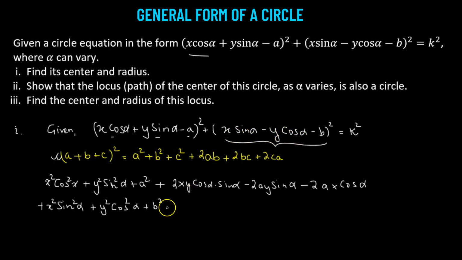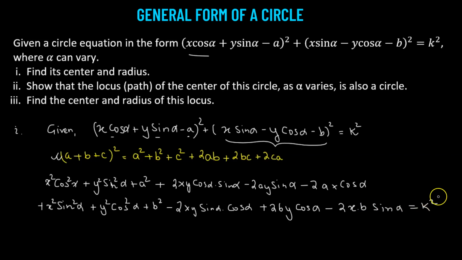Since the second term is negative, we get negative 2xy sine alpha cosine alpha. Then 2 times the second term times the third term; since both are negative, we get positive 2by cosine alpha. Then we have negative 2 times the first term times the third term, so we get negative 2xb sine alpha,